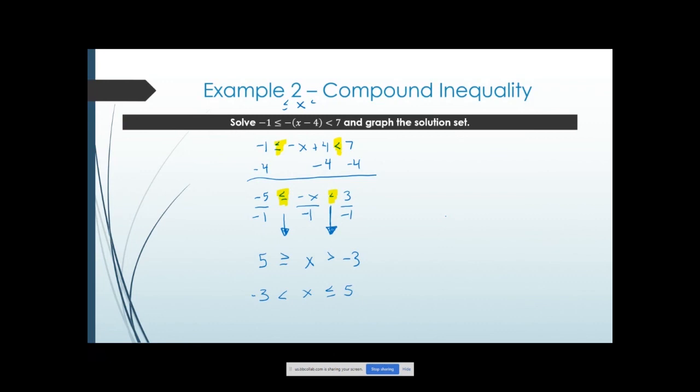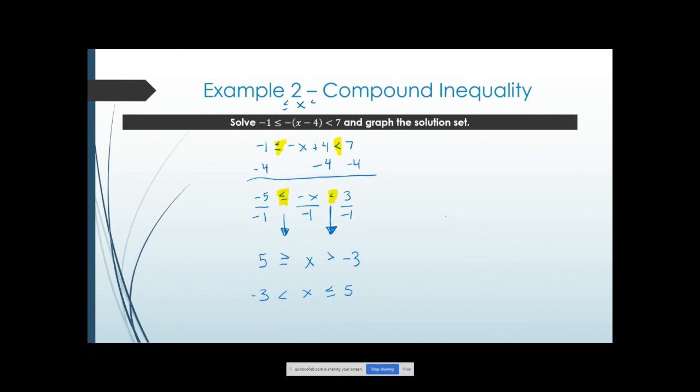So it's best to first reverse the inequalities when you're dividing by a negative, and then, if needed, reverse the entire inequality. You don't always have to do that last step, so I don't try to do it all at the same time. So now we're saying that x is between negative 3 and 5, but we